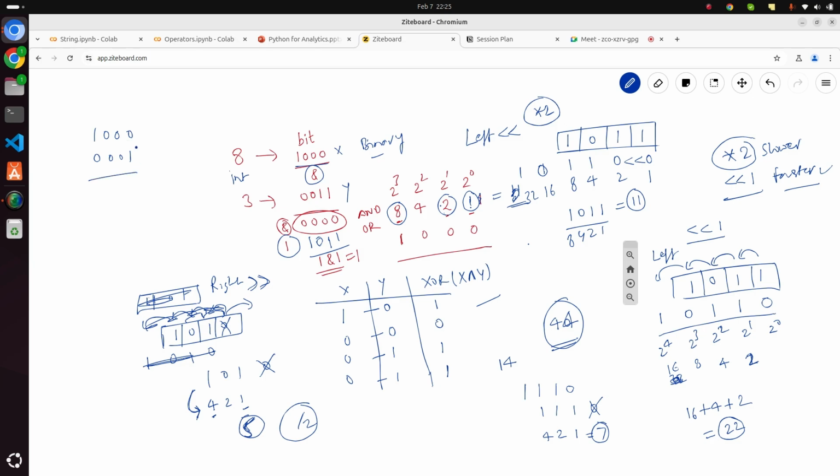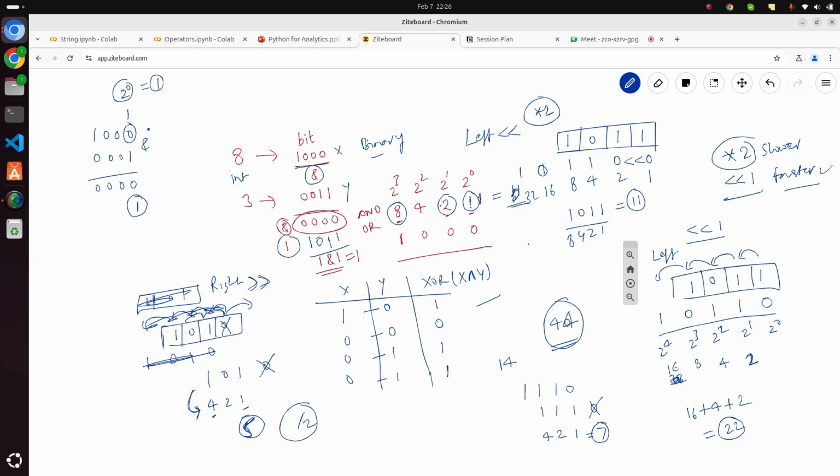Now if you find its AND, then 0 0 0 0, it will give you 0 until the last bit. It is just checking the last bit. If the last bit is 1, then the output will be 1. Then it is odd, because 2 to the power 0 is 1,